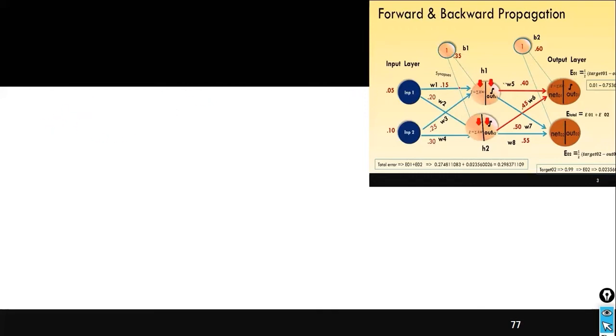So here, what is the value for your net H1? In the case of forward propagation, net H1 is equivalent to W1 into your input I1 plus W2 into I2 and B1 into 1. Here, look, the bias B1 is here because of space, I just put it here. B1 into 1. And if you simply plug in the values, you will get 0.15